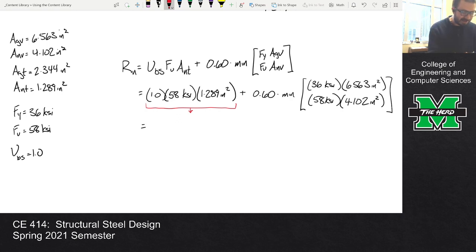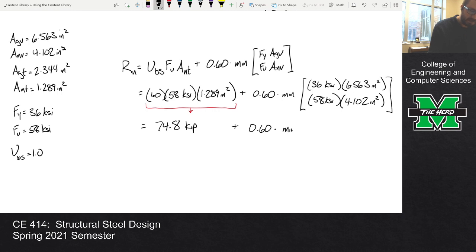I don't think I did the best job of indicating that was a decimal, so we'll share the blame on that one. Hey, you know what? This is block shear. Let's just say 74.8 kips plus